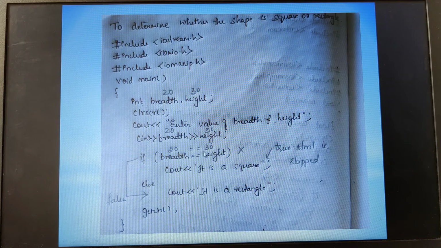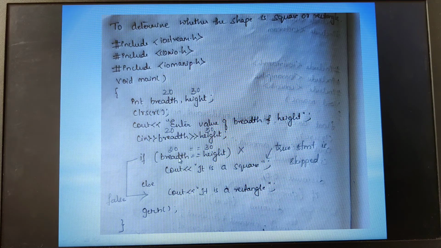If breadth is equal to height, that is, if 20 is equal to 30, then I can say it is a square, else it has to be a rectangle. If this condition is true, the true part of the statement will be executed. Else, if this condition is false, the control will execute the false part of the statement.